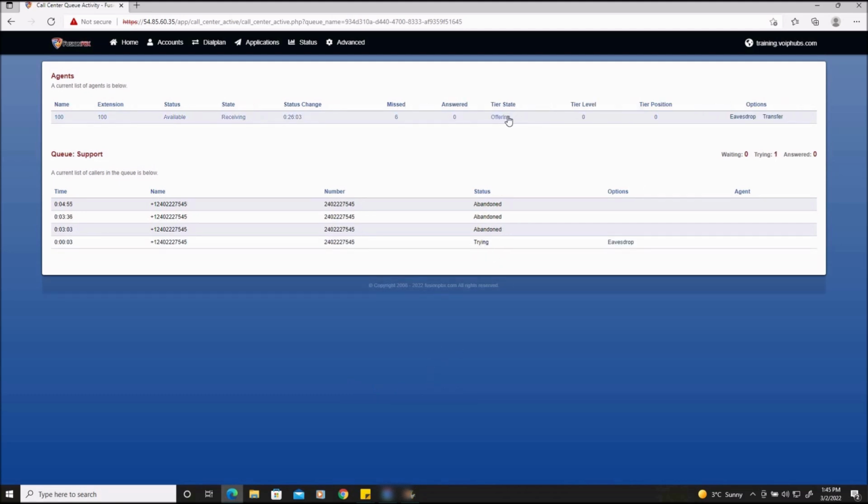So now it's trying and it's offering extension 100. That's the second ring. That's the third ring, and then it says no answer. So it stays as trying, but it adds 1 to the missed call. 10 seconds, and it's going to offer it one more time. So it should be about 2 to 3 rings, and then it will stop offering and wait in the call queue. Wait about 10 seconds again, and then